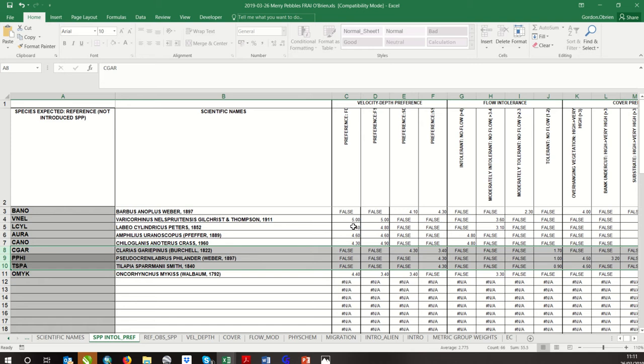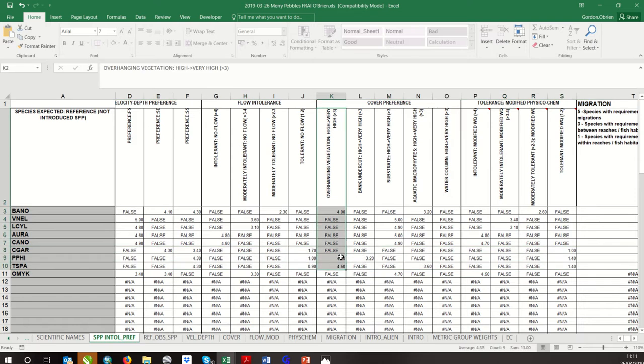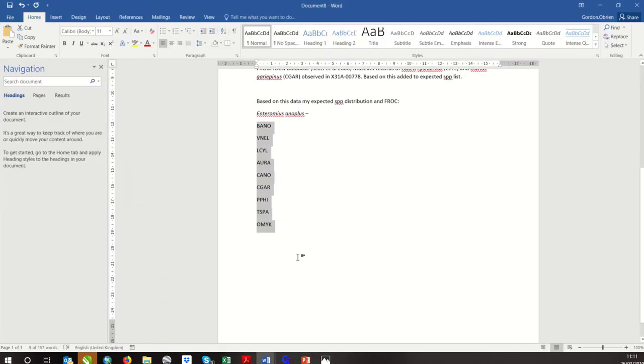I would also consider the flow intolerances, the cover preferences, and where you've got species that have got high preferences for overhanging vegetation or those that aren't. So you would do an assessment, just a simple assessment to say, based on your habitat availability,